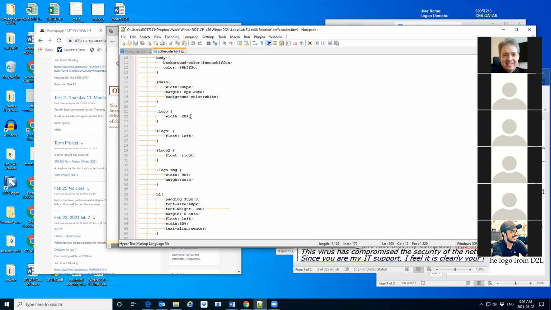Whenever you do a width like that and you do a percent, that means the percent of the element in which this element resides. So for example, for the H1, if we look at our,